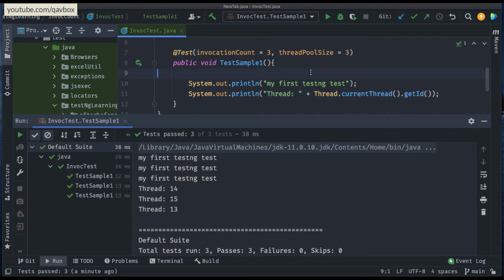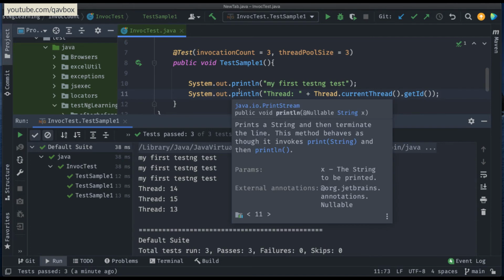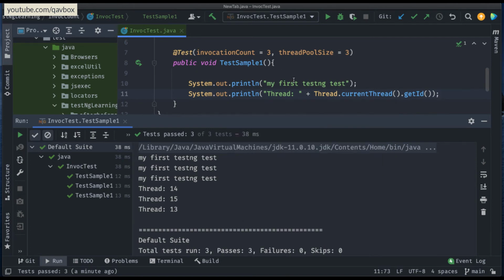And I would even say that you can do it this way also. You can start a timing here like the start time, and you can put an end time. You can even capture how much time each test case is taking. So in that way you can capture these things. Fine.